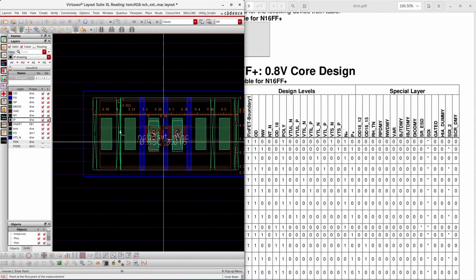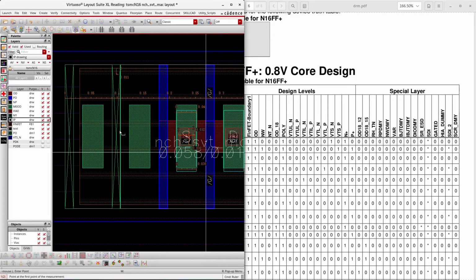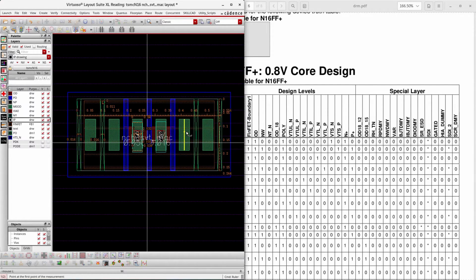But you know, even in 28 nanometer the dummy polys will be used. From 28 nanometer, they are fabricating this dummy poly. So we are getting 2 dummy polys here: primary dummy poly and secondary dummy poly. Left and right we have 2 different dummy polys. And then we have a PDK layer. The PDK layer is nothing but a text layer.